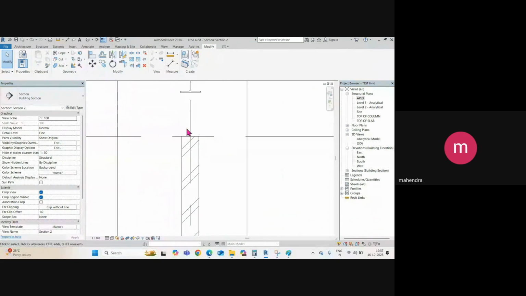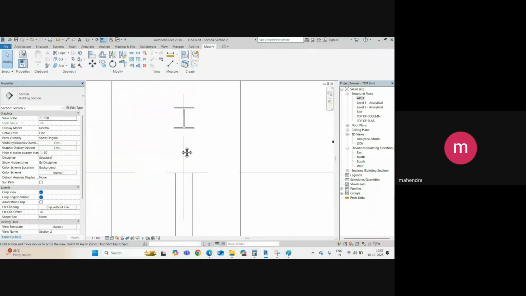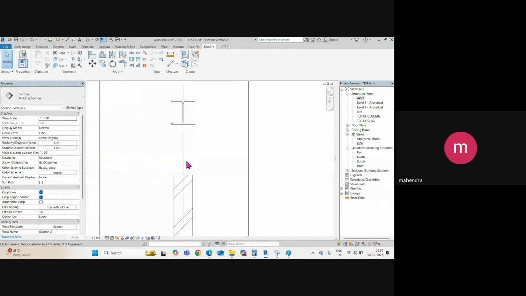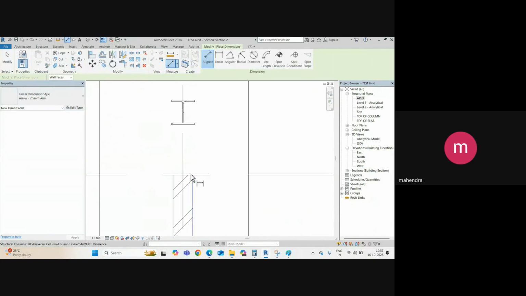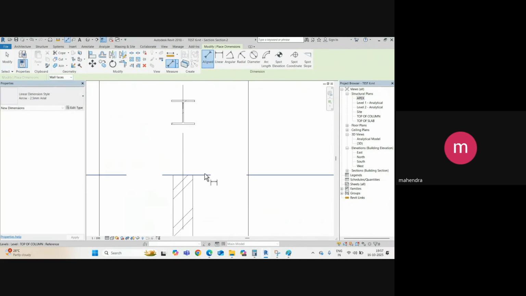So this column, we need to give at least 10 mm gap. So how is its connection? Okay, I will let you know. So this column should be stopped below the rafter by 10 mm. So if I measure this, so it's, oops, sorry. So it's